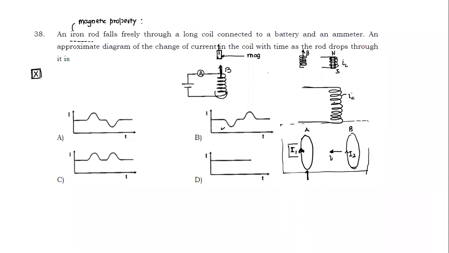Suppose that when the iron rod is here, it is moving within the core. As it moves from here to here, is it making any difference? That's why there's a flat portion in between, there's no change in field. So there are 3 things here. First it is entering, then it is moving through the central region, and then it is exiting.